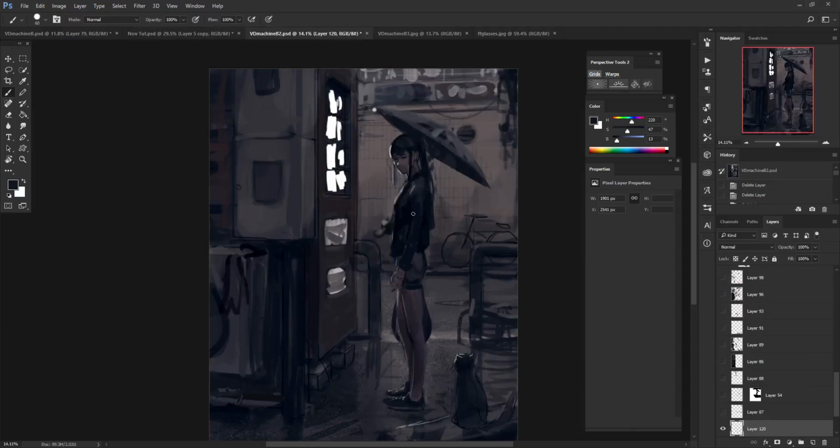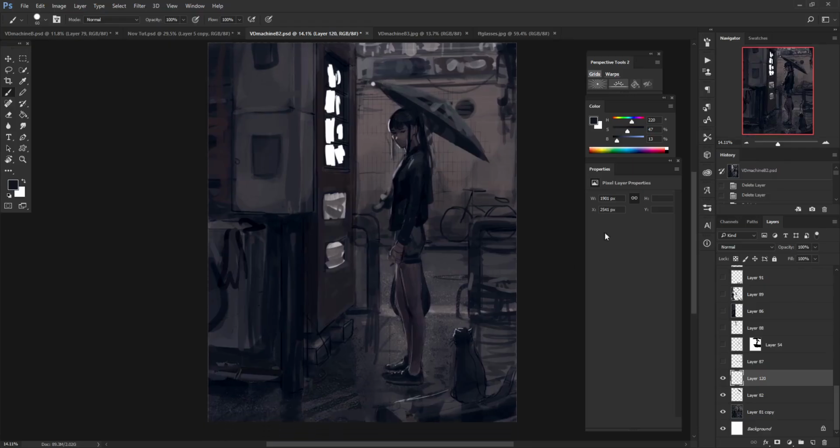So with that in mind, what we're talking about now is how to continue painting from when you already have the desired general color setup that you want. So continuing from right where we were before,